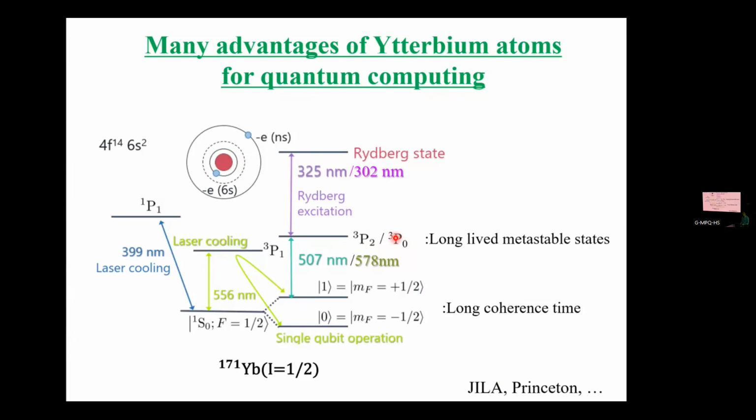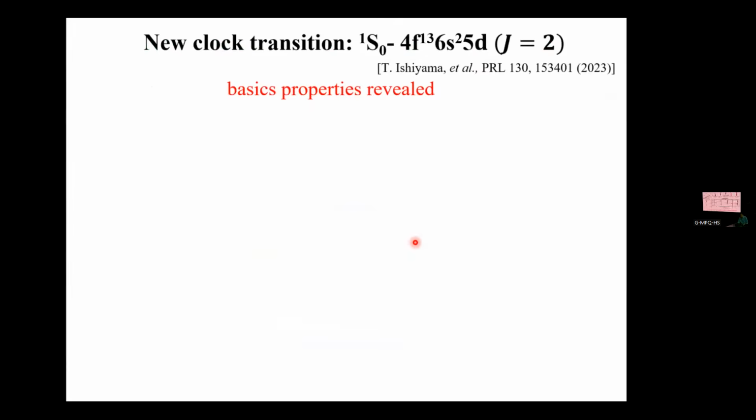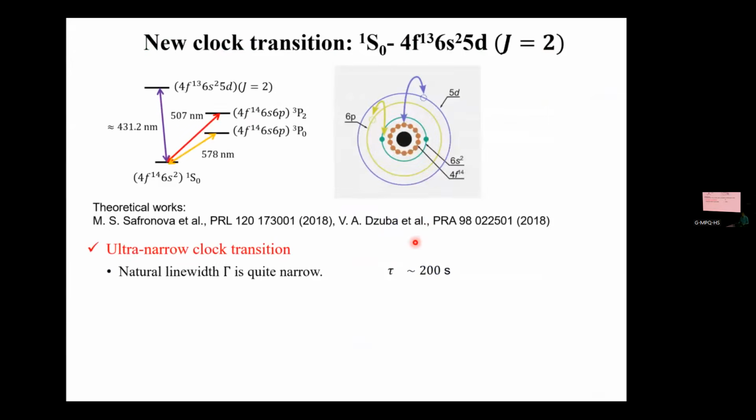Right, but now you have this other ultra narrow transition at 431 nanometers that you mentioned. That's what you drew now here? Here we only consider the 3P2 or 3P0, but this is not the 431 transition. 431 was a different transition. That's the quadrupole transition, exactly, the normal quadrupole transition. The 431 is a completely different one.